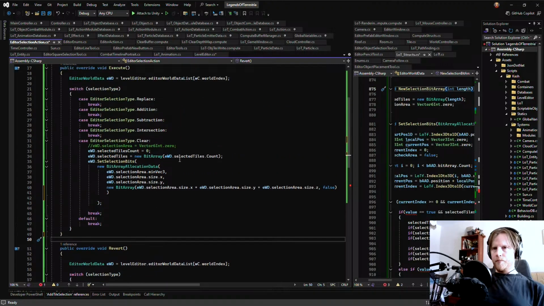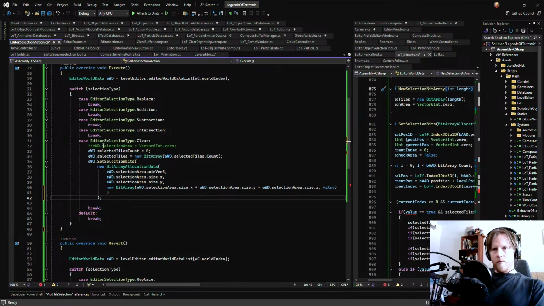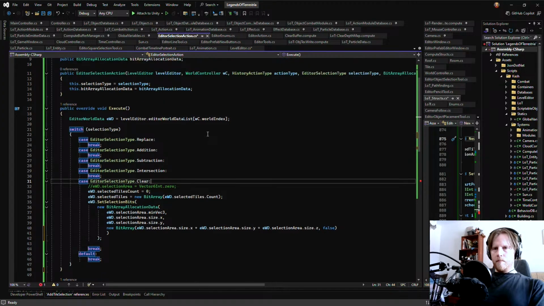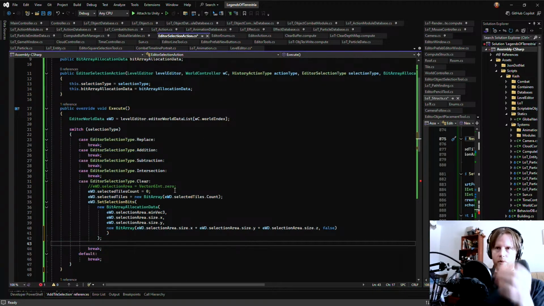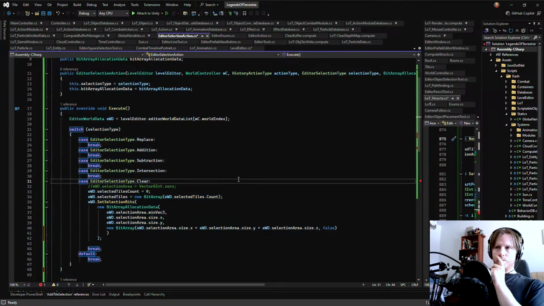But yeah, here for example, right now I'm implementing clear for the selection tool. And we need to create this action somewhere. So there will be a function in the level editor that has some extra logic for how to actually create this properly.